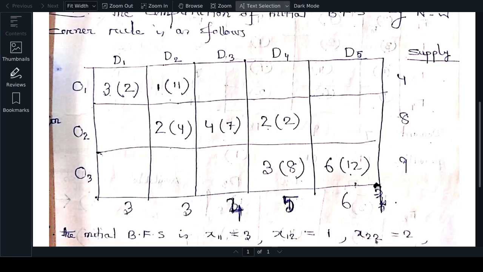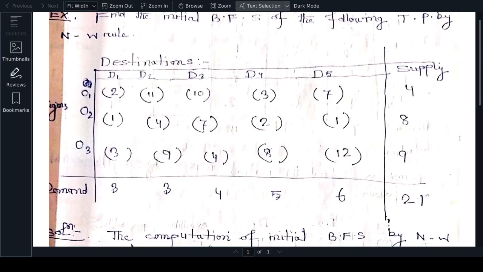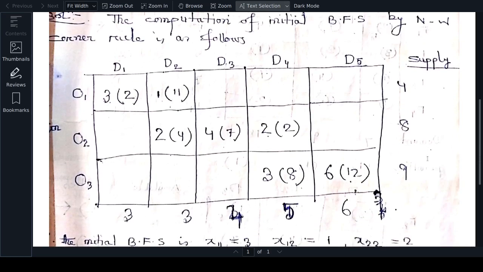If there is still any available quantity left, otherwise we move to the down cell. So here you see when we give 1, then the row is completed, quantity completed, means what? We move to the down cell. So the down cell is what? 2 comma 2, cell number 2 comma 2. So in cell number 2 comma 2 we give the maximum allocation. So here how much can we give? Here 2 and 8. So in 2 and 8, because 1 is already given in cell number 1 comma 2, the remaining is 2. So 2 and 8, we give 2, right?